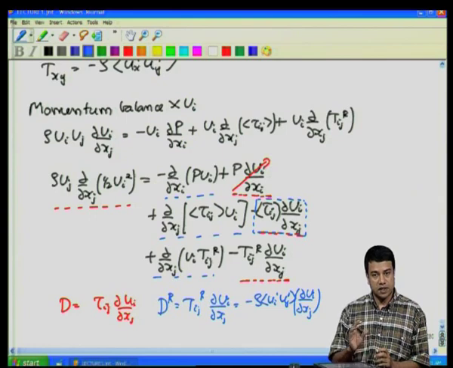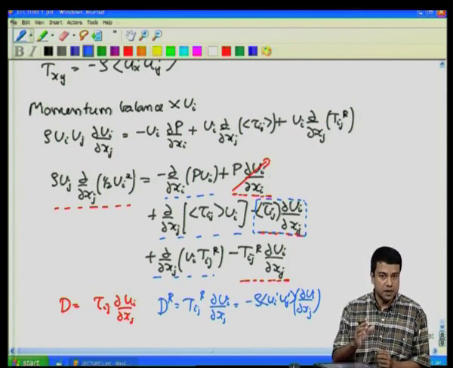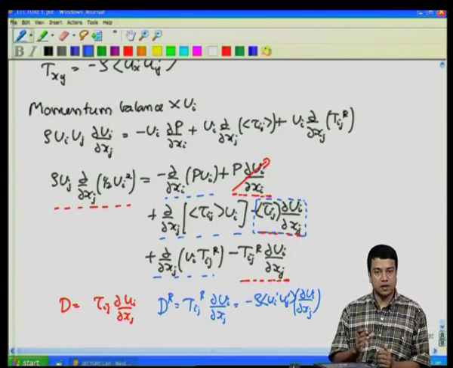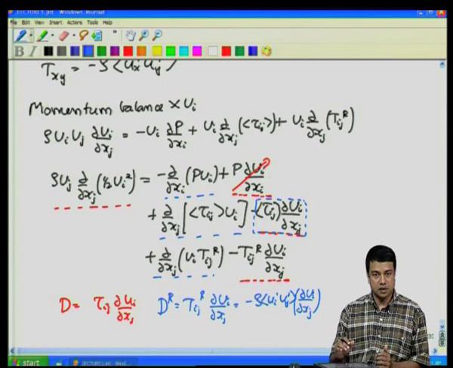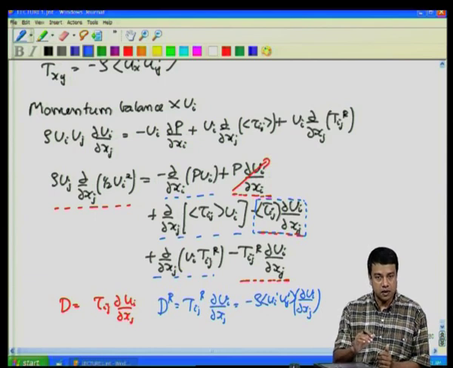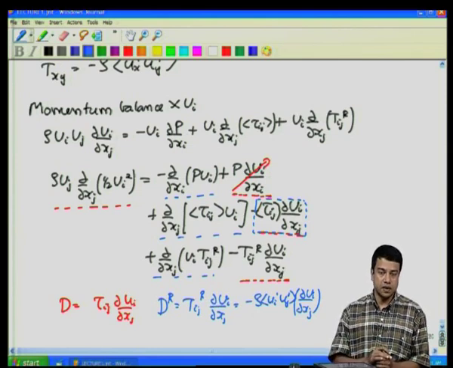A turbulent flow is highly dissipative at high Reynolds number. That means that this rate of dissipation of energy is much smaller than the convective terms, which are pumping energy into the flow. The term on the left, for example, is a convective term, as well as the pressure gradient term. They pump energy into the flow. Reynolds number is high. That means that this dissipation is small compared to the production of energy due to the mean pressure gradient or to the mean convection.